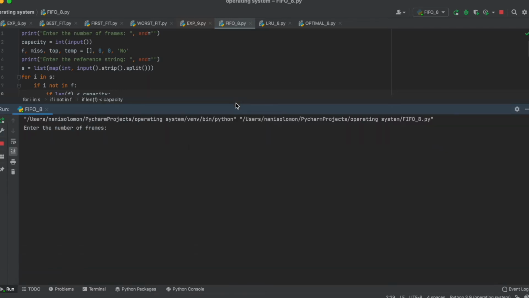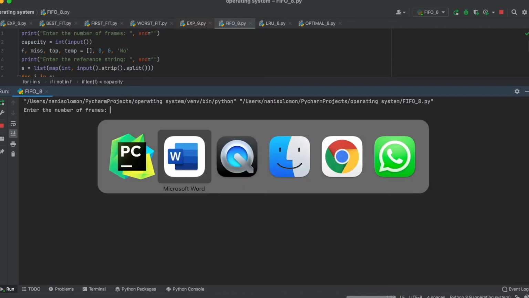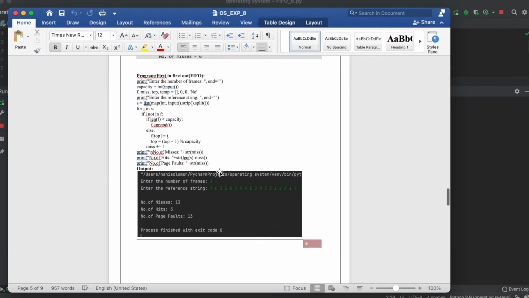I'll show you the same example as in my Word PPT so that you can understand it clearly. I'll give 3 and these numbers.